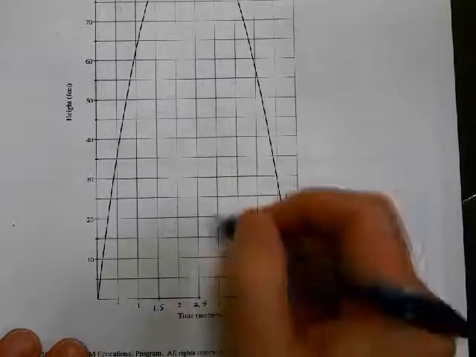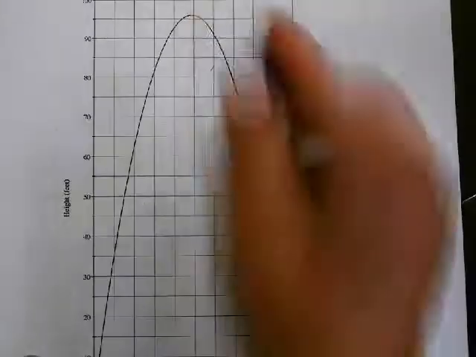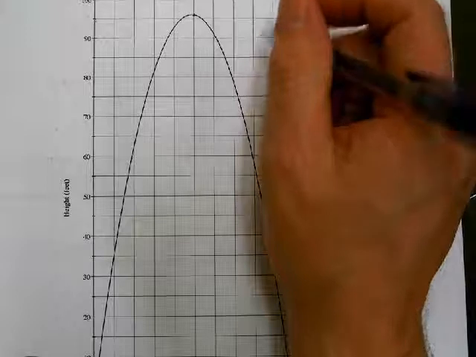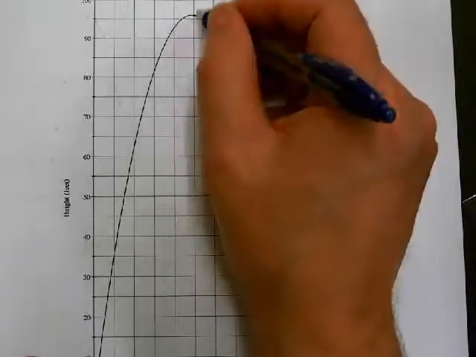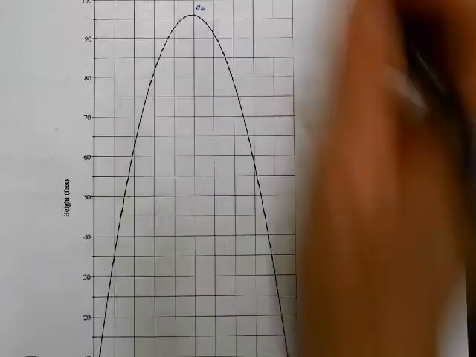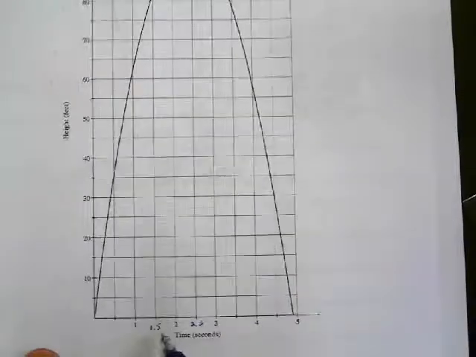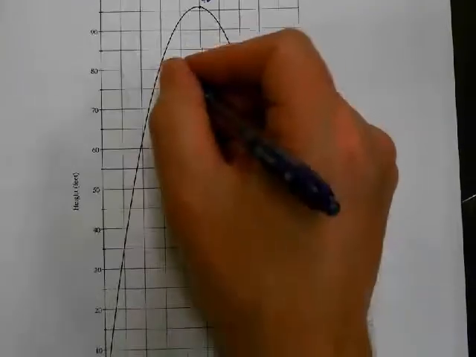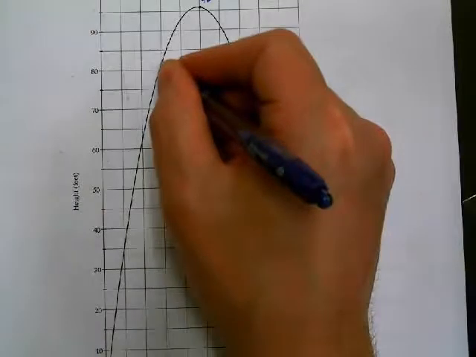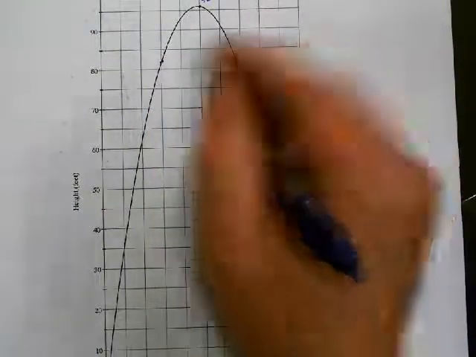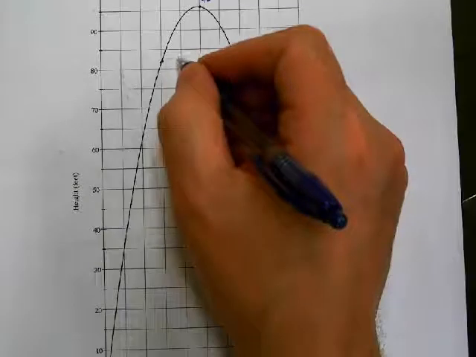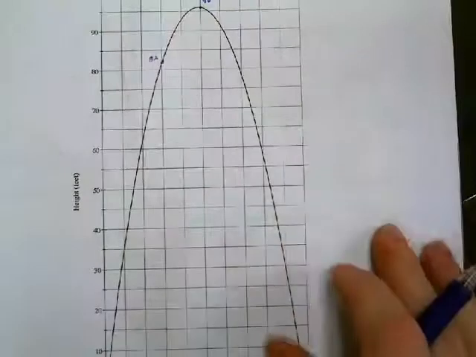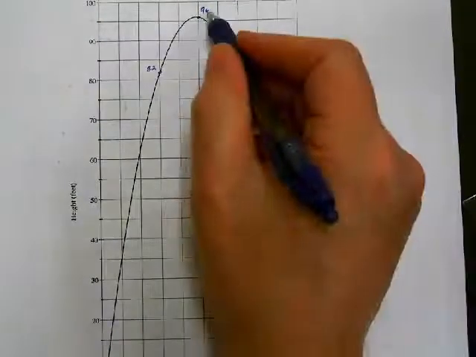So 2.5 is way up here. At 2.5, it looks like the height, I'm going to call that 96. All right, and then the height at 1.5, sorry, I keep on saying the wrong words. So right here, that looks like at that point that we've got, let's see, this is 85, let's call that 82. All right, so the difference between 96 and 82